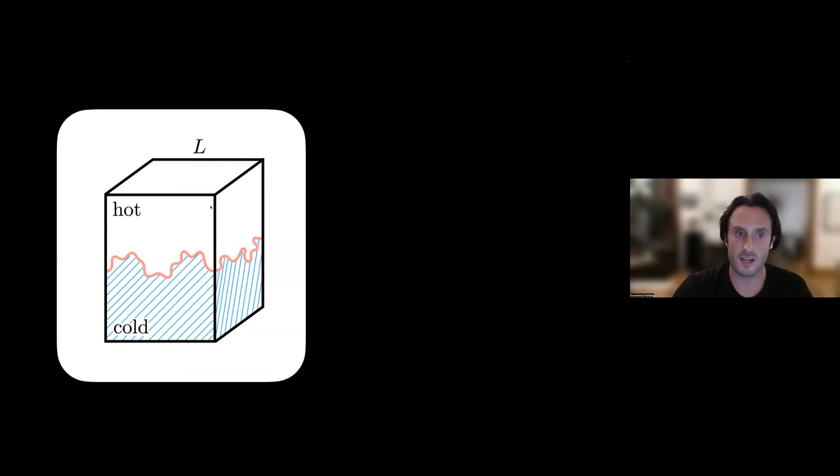So I'm just going to sketch out very briefly in the last minute or two the actual predictive model that we developed for this. And here's the basic picture. So here's our mixing layer. The cold is on the bottom, hot's on top. We've got our pink interface. This is where all of the cooling happens, and it leads to an inflow.